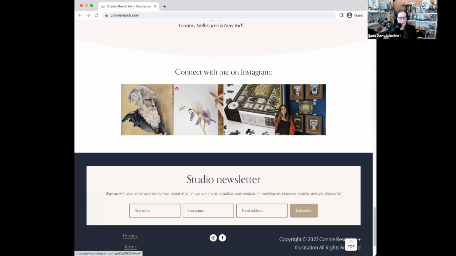One tip I wanted to give when you have this, like, connect with me on Instagram, it's common to have this as an auto feed from Instagram that will just show your most recent posts. I am actually a huge fan of not doing an Instagram feed and instead using your product images in a gallery if you have that as a section. If not, you can always add an app that would provide that for you. But instead of linking to your Instagram, which again takes them off of your site and into Instagram, link to your products. So if this particular product is for sale, link me to that product page. And so it looks like an Instagram photo, but it keeps you on the site.